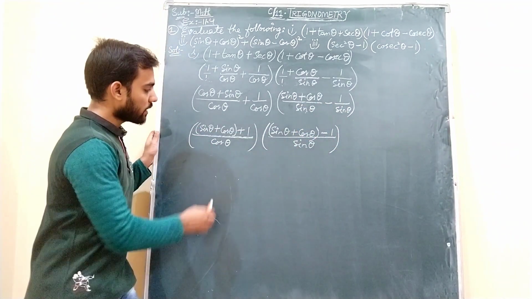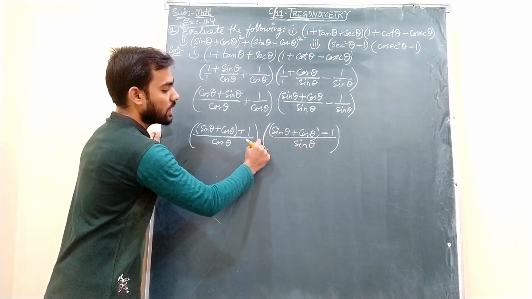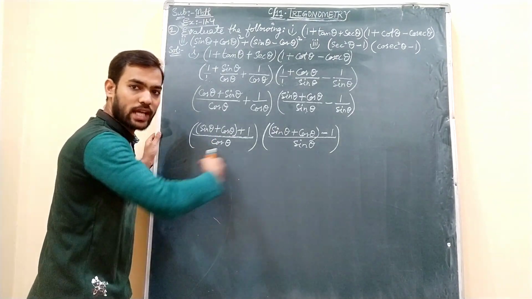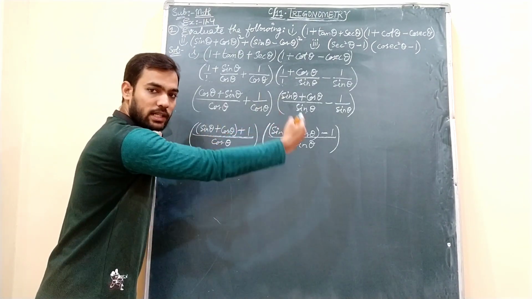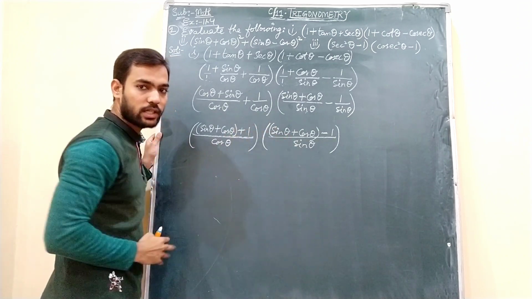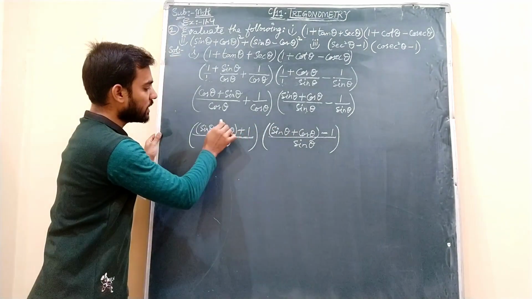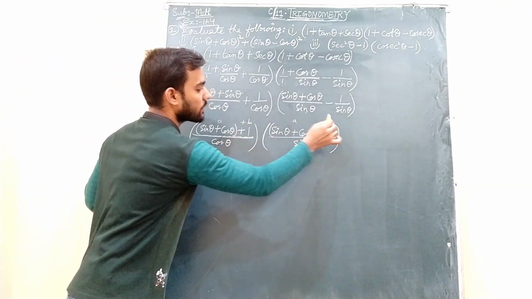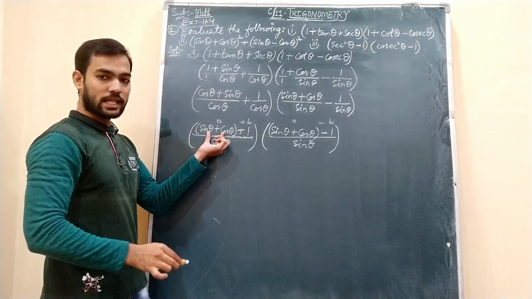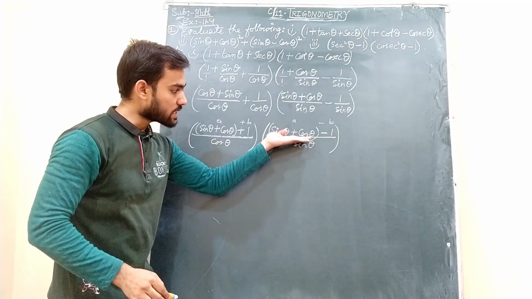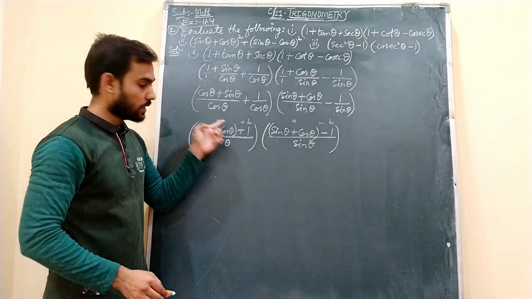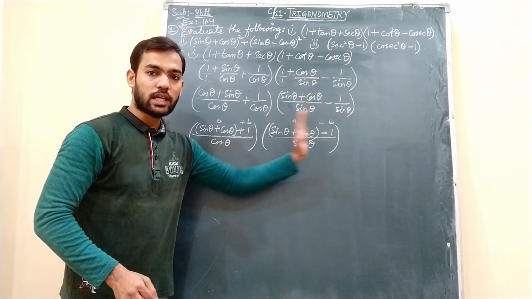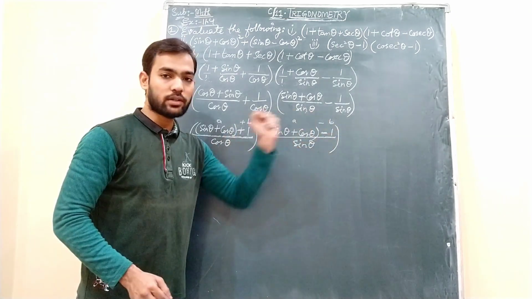Understand? Now, when you see this expression, it does not have any positive or negative sign in between them. They are in multiplication. So direct multiply we have to do. Numerator gets multiplied with numerator, denominator gets multiplied with denominator. Okay. So it is similar to a plus b into a minus b. This is completely same. So the complete expression we are taking as a. After that, here you are having plus, here you are having minus. And then this one is also same in both the terms. So this you are taking as b, that you are taking as b.